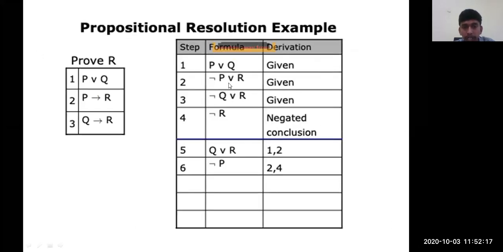That is, I'm taking statements 2 and 4. Why? Because you can see here negation P or R. Here I am having R, and here you are having your negation R. So this can be in any manner. Negation can be in the first statement, or negation can be in the second statement. Need not worry about that. If you are having the conflicting terms, it can be P or negation P, or anything, they need to be cancelled. So from 2 and 4, I'm getting a solution like negation P.